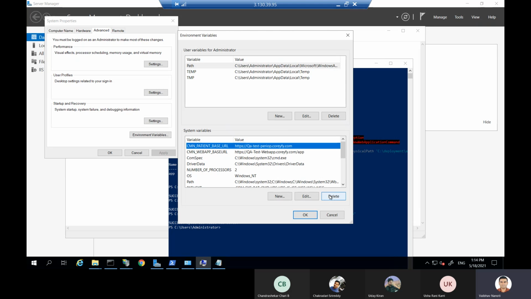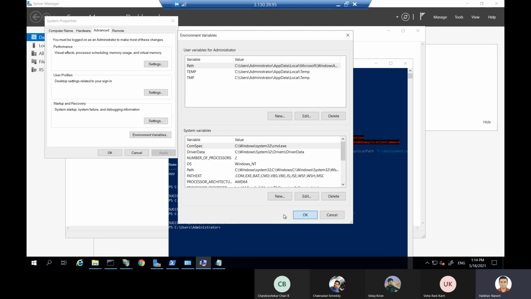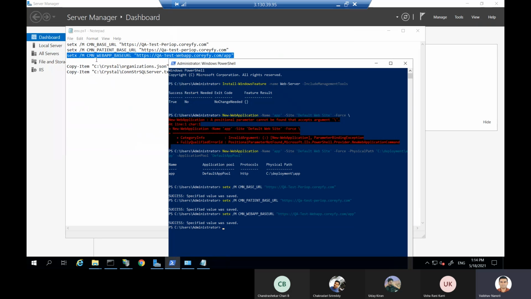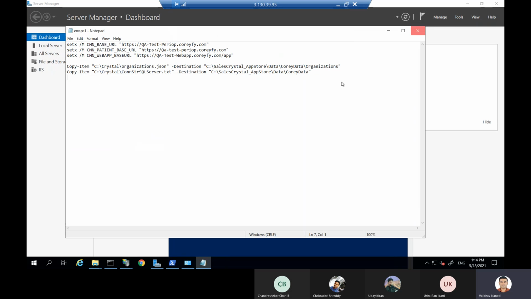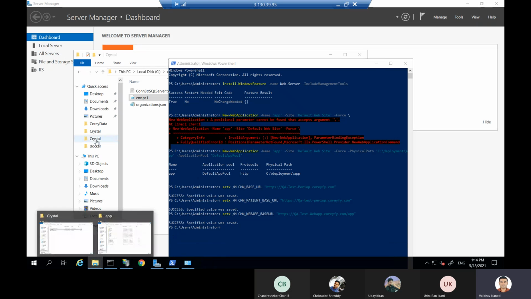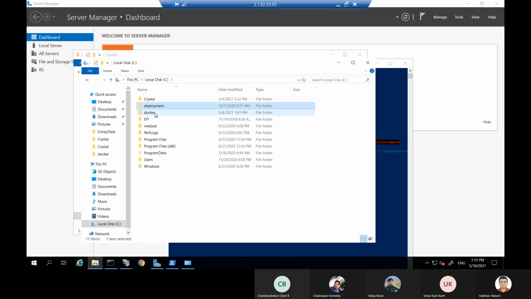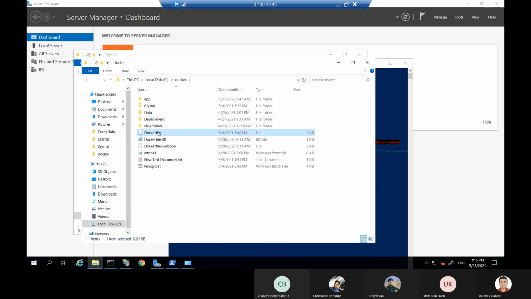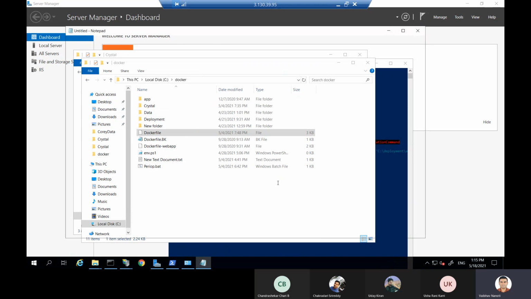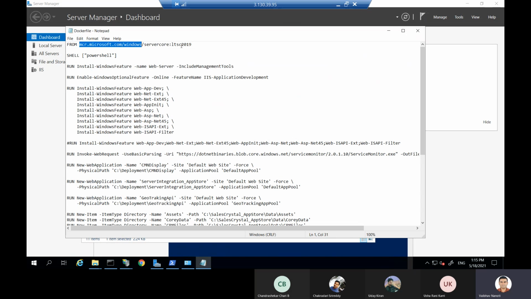This PowerShell script needs to be executed once before we start the container, so that the environment is set in our Docker container properly, specifically for this OS, the base OS along with IIS, which I mentioned over here. For this OS we require the environment to be set and varied.